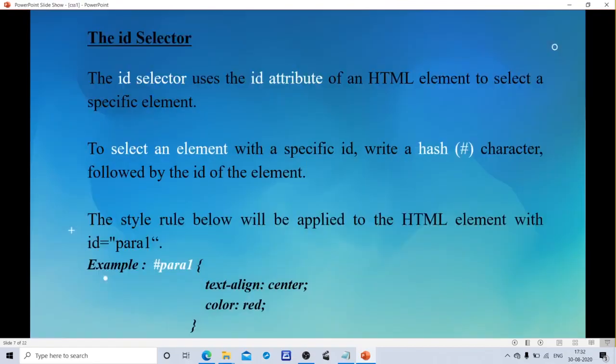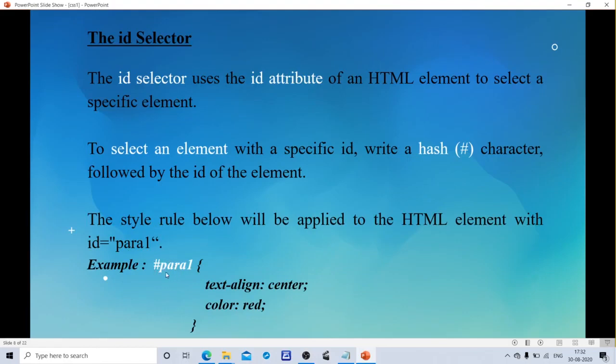The next type of selector is ID. The ID selector uses the ID attribute of an HTML element to select a specific element. To select an element with a specific ID, write a hash character followed by the ID of the element. Here the ID is para1. This para1 should be preceded with a hash symbol.